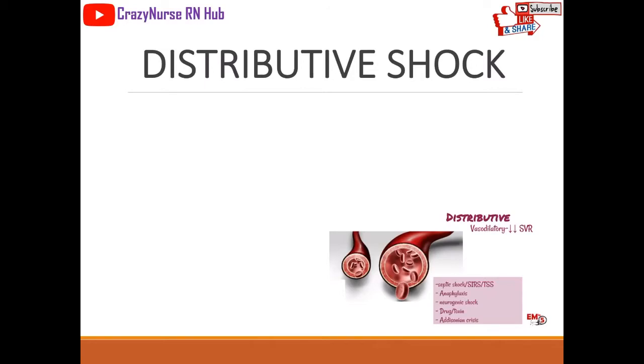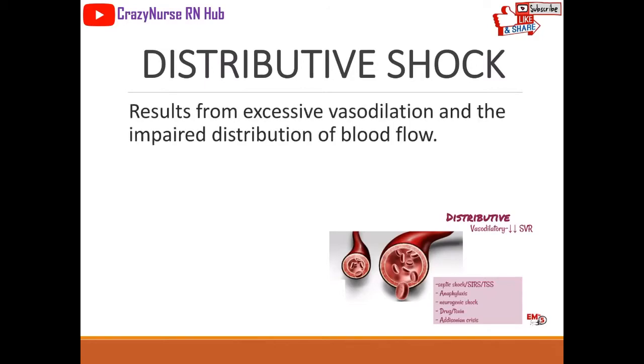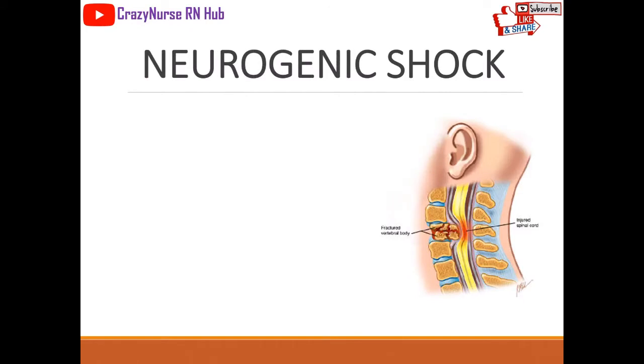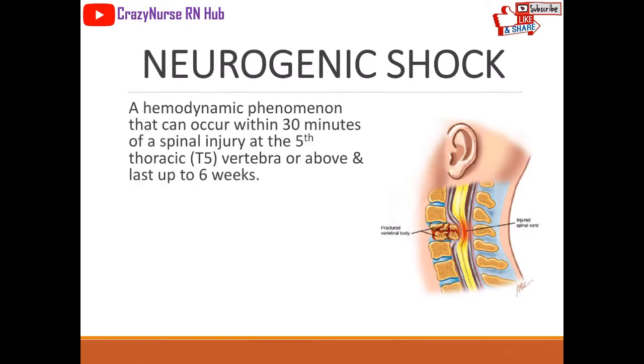Now let's proceed to distributive shock. It results from excessive vasodilation and the impaired distribution of blood flow. We have here different types of distributive shock. First, we have neurogenic shock, then anaphylactic shock, and septic shock. For neurogenic shock, it is a hemodynamic phenomenon that can occur within 30 minutes of